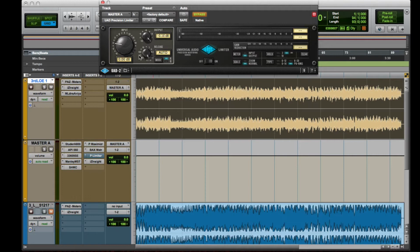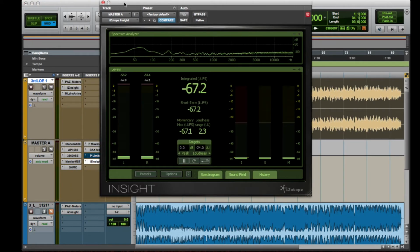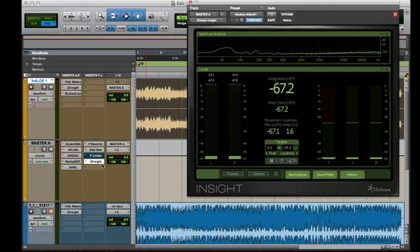And so again, this is just keeping the levels in check, and we can also turn this input up if we want to make it louder as well. All right, so if I turn on Insight and we check this out now with the level, and when I add the limiter in there,